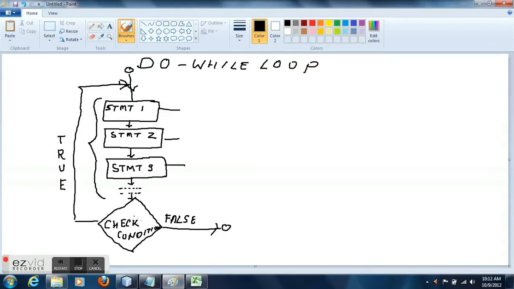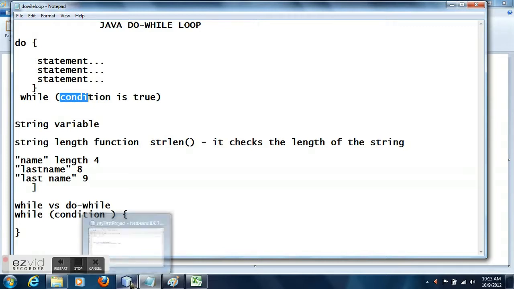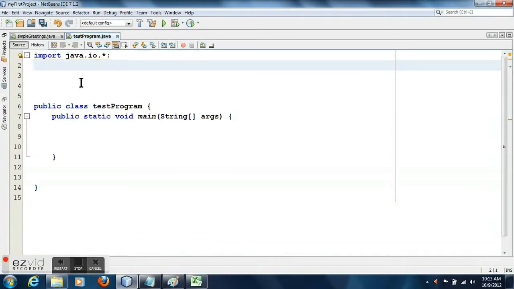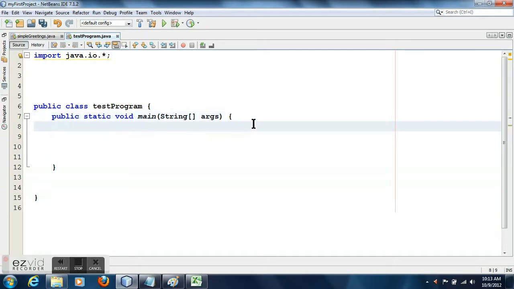Now let me explain this concept by writing a very small sample program. The purpose of the program is to send a greeting message. The program will ask the user to provide some names through keyboard, and the program will display a greeting message to those names. And when the user wants to come out of that program, instead of typing a name, he will just press enter without entering any character or any name, and the program will understand. When it sees that there is no input, only the enter has been pressed, it will immediately understand and come out of the program.